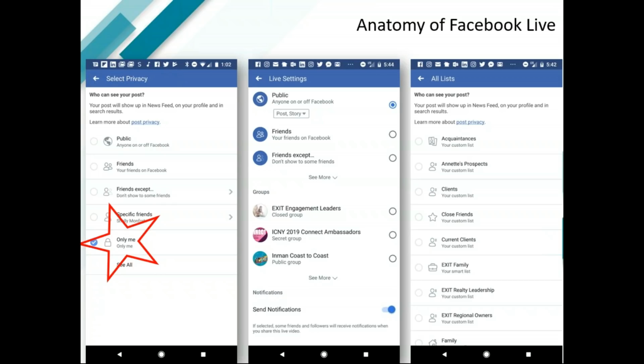You can broadcast and post as you normally would to an audience, but this mode is just for you. Once you post it, you can review it so that you understand what your audience would see. But once you're ready to put yourself out there, be sure that you change the setting from only me back to either public or friends, okay?